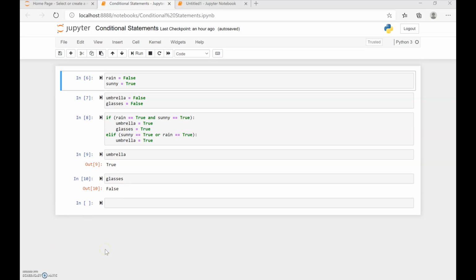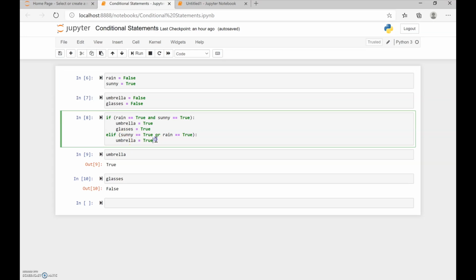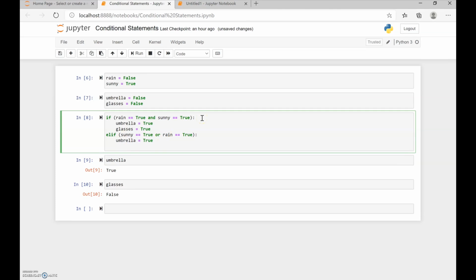Our code is still incomplete. Notice if the first condition is not met and the second condition is saying if either it's sunny or raining, take the umbrella out. But what happens if it's not raining and it's sunny and you want the glasses? That condition is not specified. So what we can do is put an if statement within an if statement. Let's say in this condition the condition for the umbrella is there. So once we have decided what to do with the umbrella, we want to check if we need the glasses